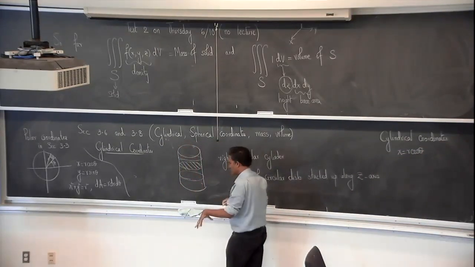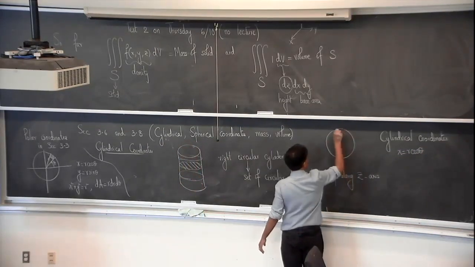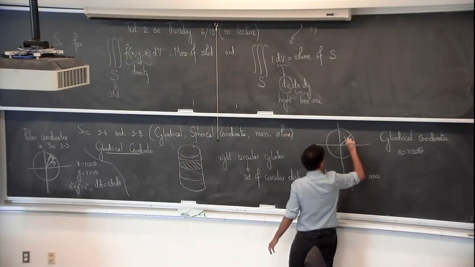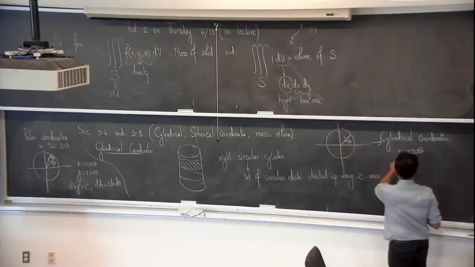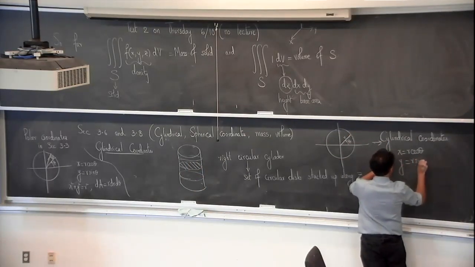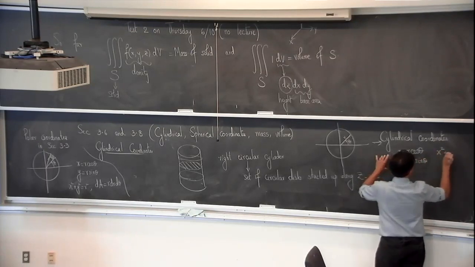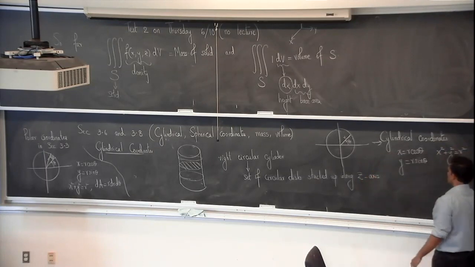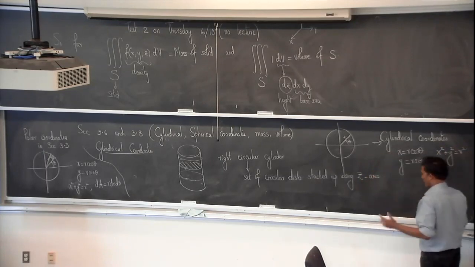If you look from the top, you see this shape with the radius r and an angle theta. So x equals r cosine theta, y equals r sine theta, x squared plus y squared equals r squared, and tan theta is y over x,